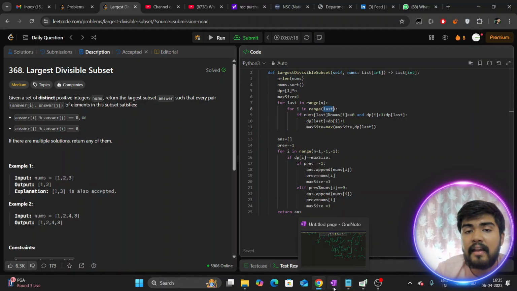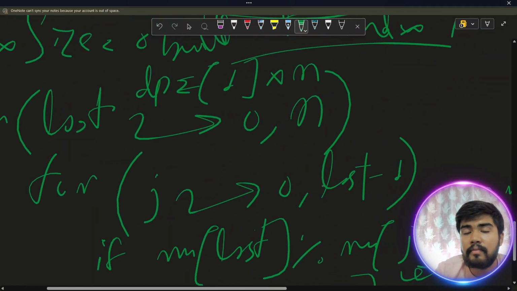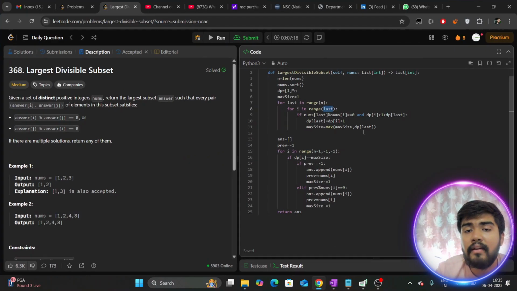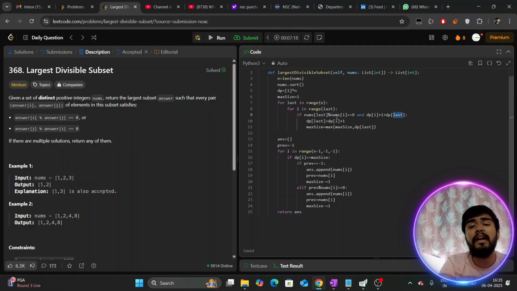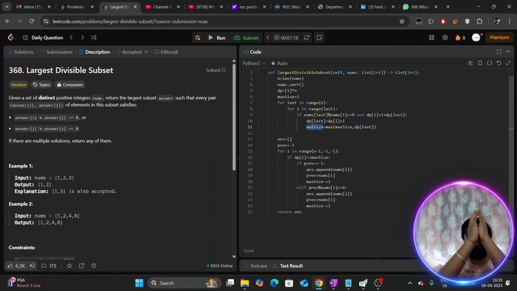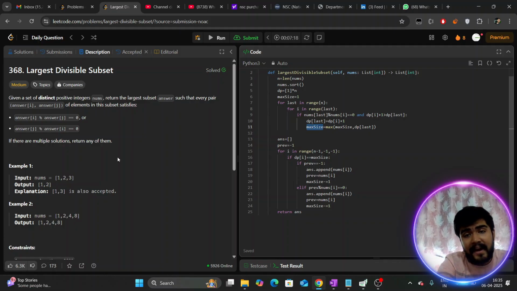The exact thing I have written over in the OneNote, iterating from 0 to last minus 1. Now what we are doing: first we check if my nums of last is divisible by nums of i. If so, and if dp of i plus 1 is more powerful than my dp of last, then we update our dp of last to dp of i plus 1, and we also maximize our answer to the max of max size and dp of last. This way we have the max size of the subset that is going to be formed. If they were asking for the max size, then just after the next line we could return it, but they are interested in